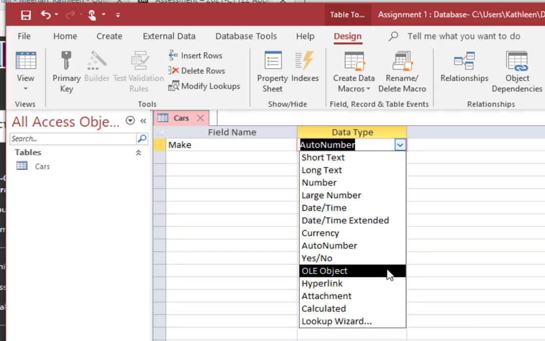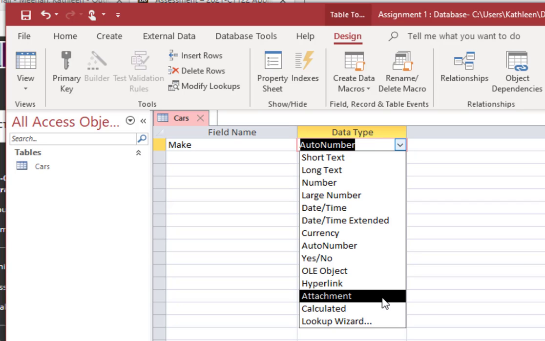Hyperlink is a link to either a website, an area on the machine, email account, all that type of stuff. All right. An attachment is basically what it says. So if you want to be able to link directly from a database straight out to a spreadsheet, a Word document, or any other type of document, it can be an attachment. And again, this would be commonly done maybe in,